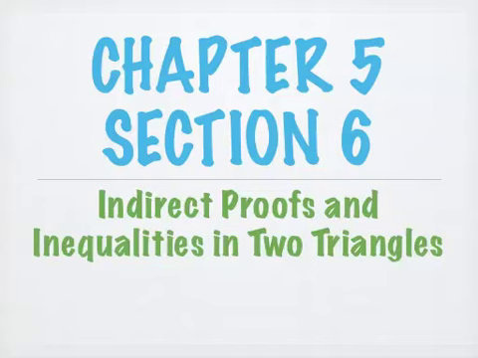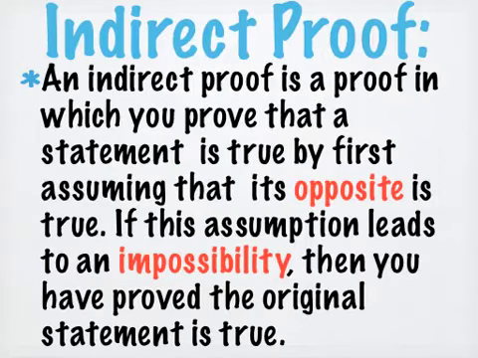Chapter 5, Section 6, Indirect Proofs and Inequalities in Two Triangles. An indirect proof is a proof in which you prove that a statement is true by first assuming that its opposite is true. If this assumption of the opposite leads to an impossibility, then you have proven the original statement is true. So to write an indirect proof, we're going to take the statement that we're trying to prove, and